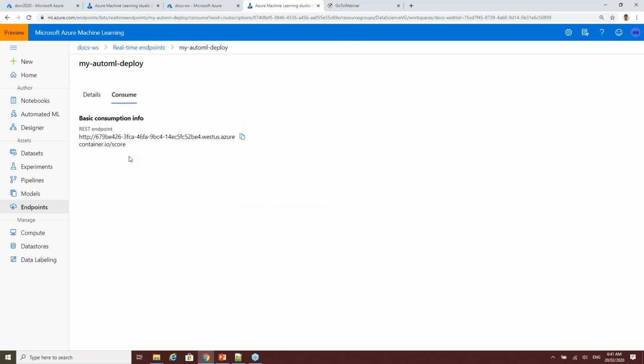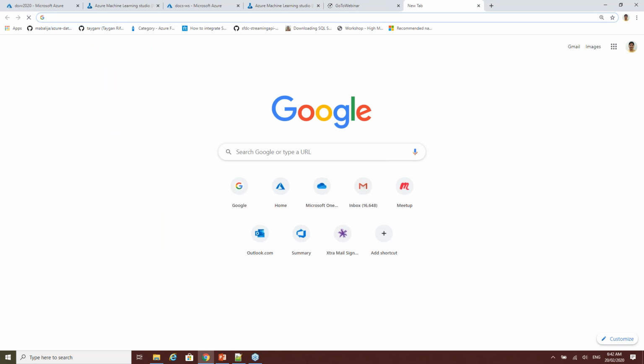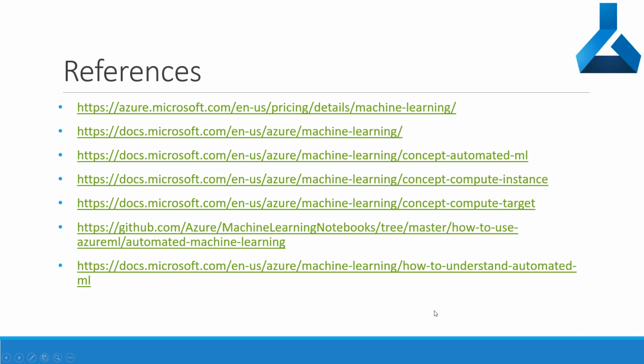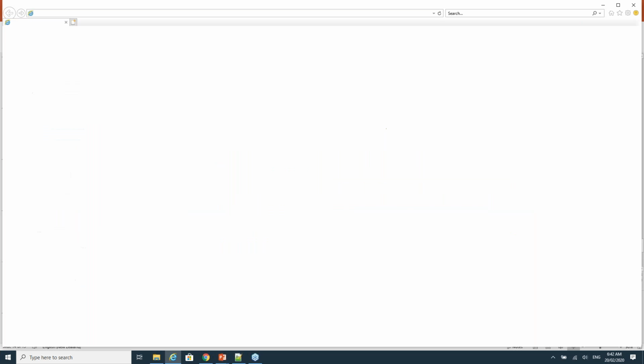And how do you choose which algorithm you need to run for a particular thing? Is there any specific guidance? Yes, I think there is a link on the Microsoft website. Let me jump onto the references section here. There are a few references which I have highlighted here. If you jump on here, especially this topic, which is automated machine learning, it gives you all the things about it, and one of them is how do you choose the right algorithm. So you have a specific page, and there is also a PDF which is available.